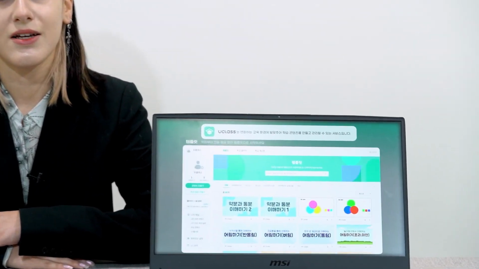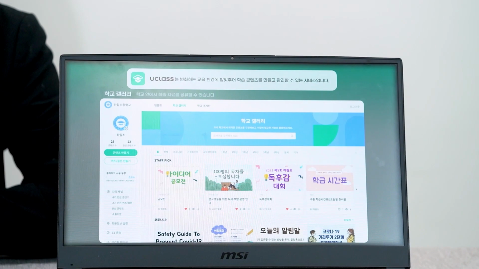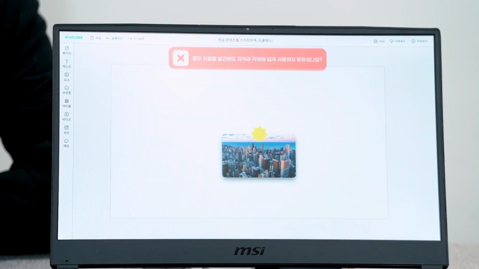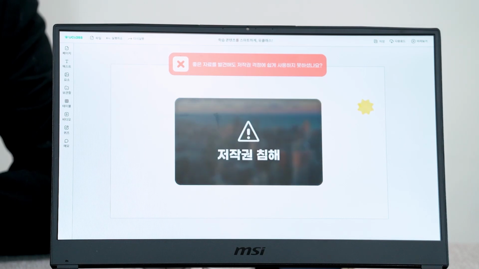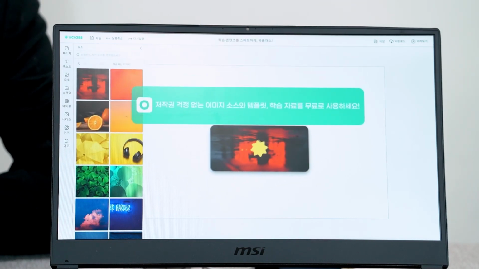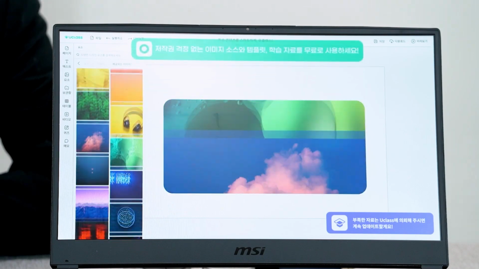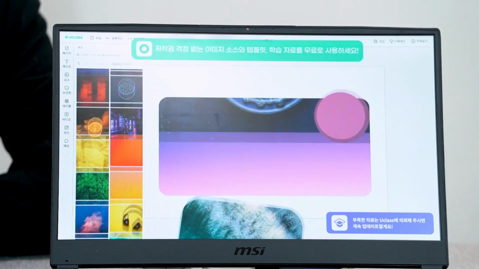Uclass is firstly necessary to consult with the company in advance, and Uclass is an integrated solution that enables the creation and management of various contents in the phases of changing the educational paradigm of online